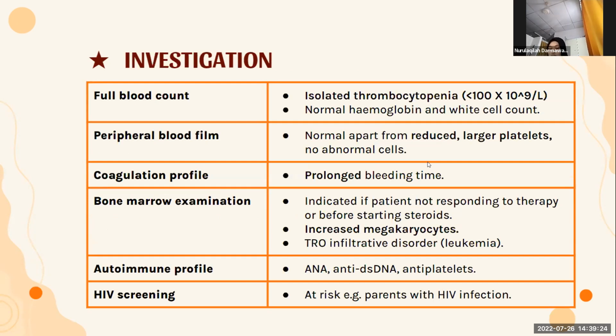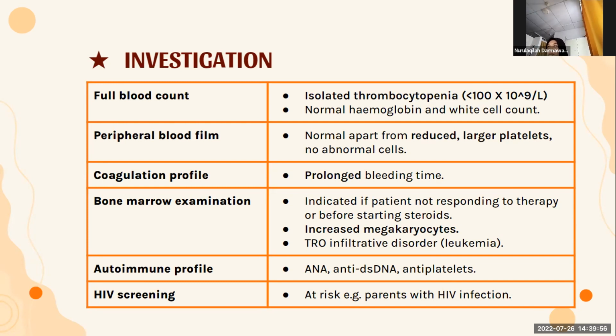Next is investigation. For investigation, we can see from the full blood count there's isolated thrombocytopenia, where there's a reduction in the platelet count only, about less than 100 times 10 to the power of 9 per liter. Other blood cells like hemoglobin and white blood cell count will be normal. And after that is the peripheral blood film, which will show normal morphology of the blood cells,